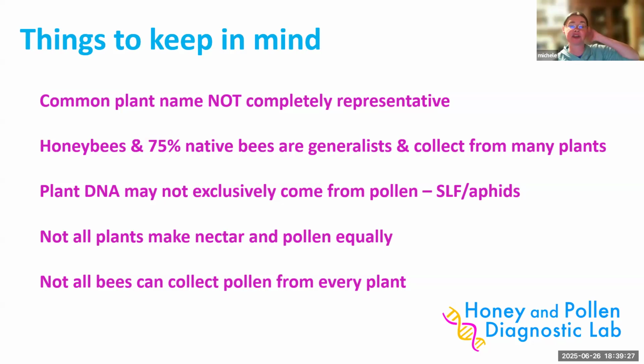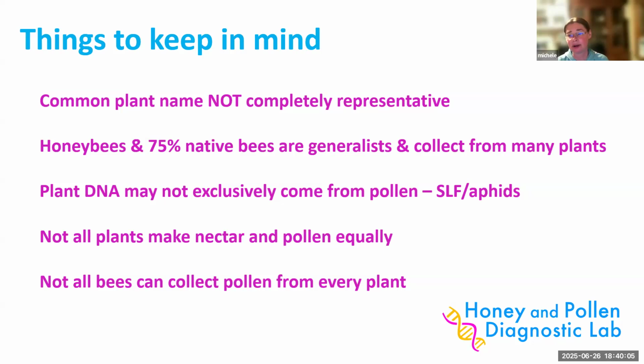And before I forget, the other thing I should mention about the common name not being completely representative: a genus can have up to 600 species in it. So I give the common name, the one name that people would associate, but if you see a genus that you look up and think, oh, I don't think this is in my area, don't rely on the common name. We always direct people to look at iNaturalist or something like that and verify whether it's really in your area. I'll talk to people about this too, if they have issues with it.